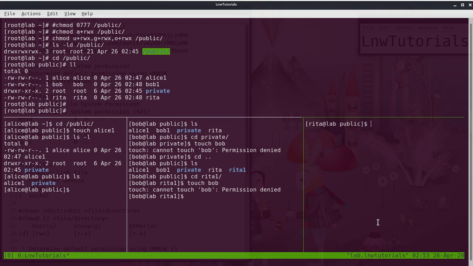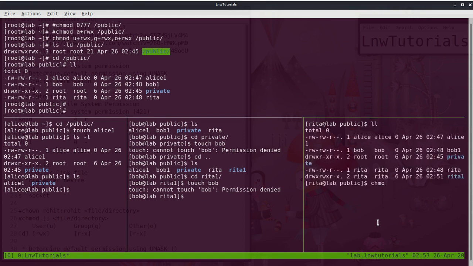Now let me check whether he is able to execute the command. chown Rita is not going to change the ownership, I'm just going to change the mode, chmod, and here for others I'm going to add permission 7, or just write, because here only read and execute permission is there.